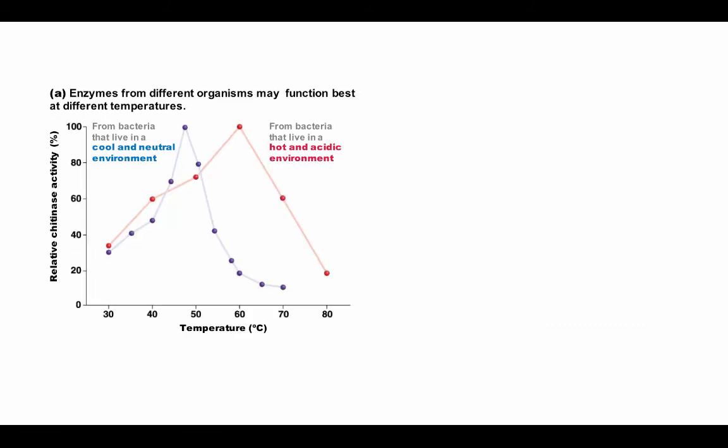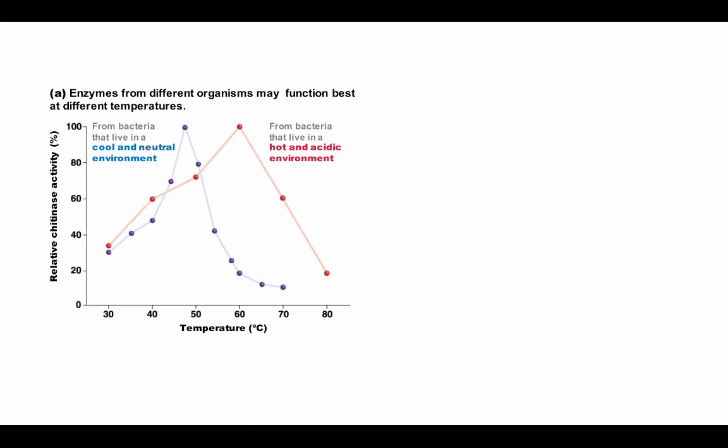The rate of enzymatic activity, the rate of the reaction when it's catalyzed, is also going to depend to some extent on the environmental conditions. So we know that protein shape is sensitive to temperature. We've talked about proteins being denatured, but also they can be folded into slightly different shapes at different temperatures. And so what we find is that enzymes tend to be optimized to work best in the conditions in their